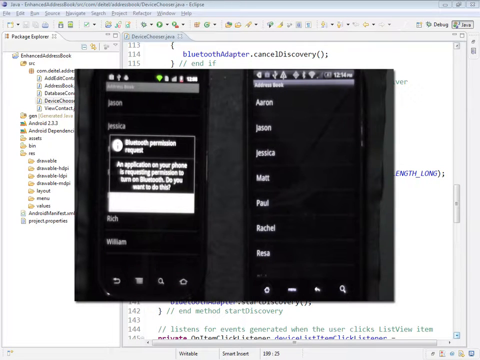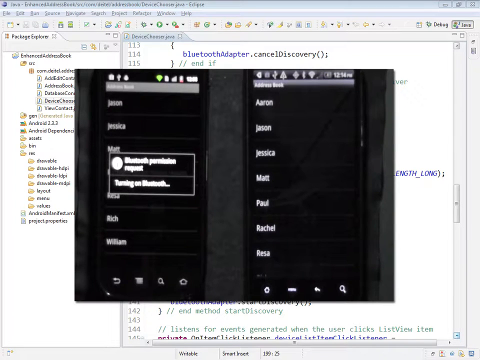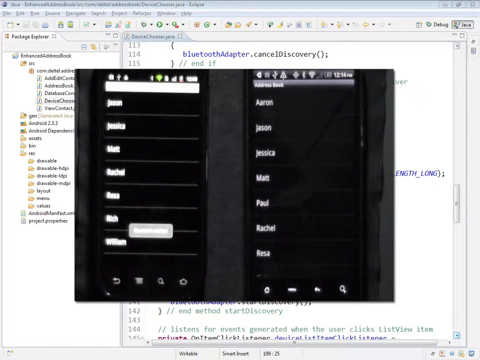The one on the right hand side is just showing the address list or the contact list. The one on the left hand side is showing a permission dialog that is requesting permission to enable Bluetooth on that device because I purposely disabled Bluetooth so that I could show this to you. So I'm going to go ahead and touch yes, and it will enable Bluetooth on my device, and as soon as it's done doing that, it will come up with the address list or the contact list and also show me a little toast indicating that Bluetooth is now enabled.